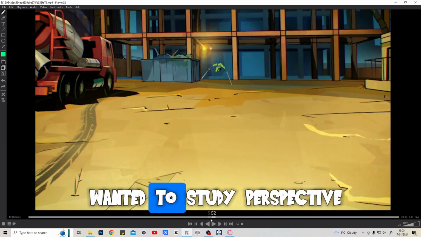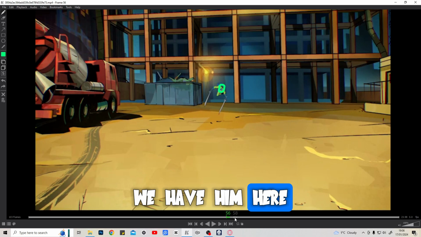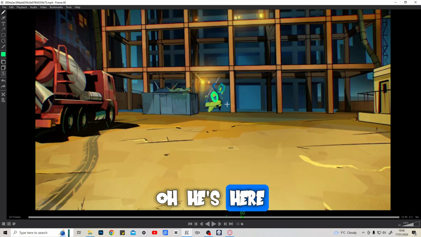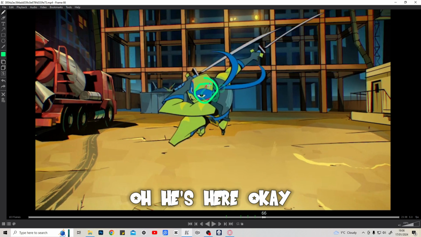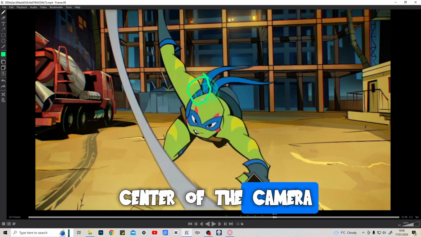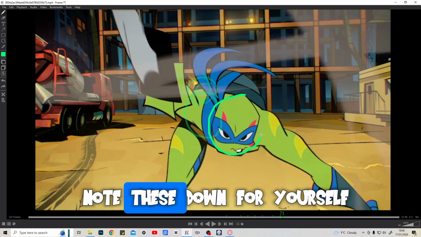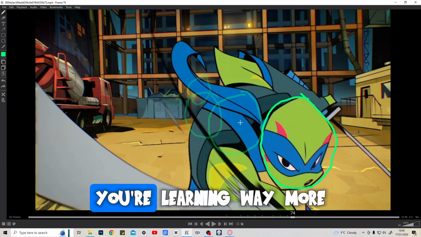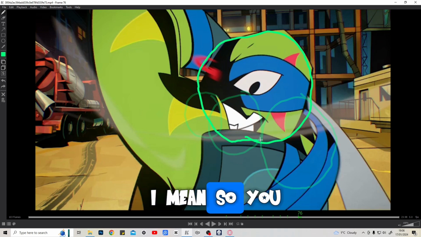With this tool, if you wanted to study perspective, you could mark. Here we have Leonardo, we have him here. We go ahead and we're like, oh, he's here. Then we go ahead again, then he's here, then again, then we're like, oh, he's here. Okay, so this is how they do the perspective, but he's not coming straight to the center of the camera. It's kind of like an arc movement, right? And then you can note these down for yourself, and then you're learning much more. You're learning way more than you initially would when you're kind of winging it, if you know what I mean. So you can be your own critic,